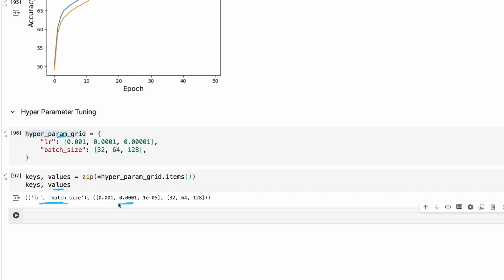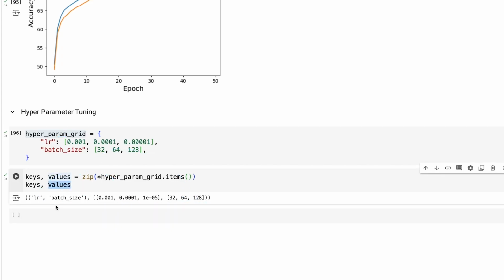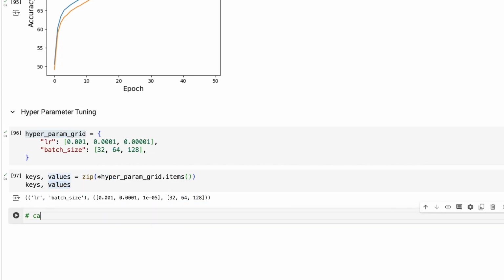Values here are nothing but the list objects. So the first list object is associated with the learning rate, the list of possible values that we need to search for learning rate. The second list object here is going to be the possible values that we need to search for batch size here. So this is associated with batch size now. So once we have extracted all of these values, we want to actually find the Cartesian product